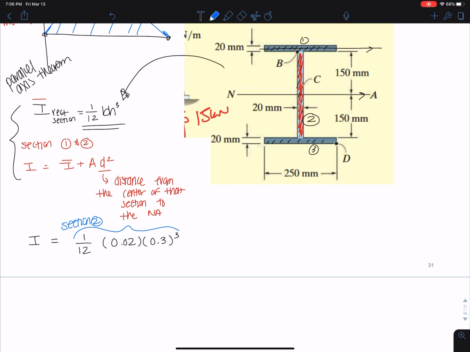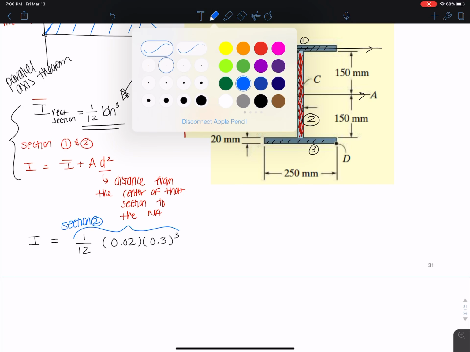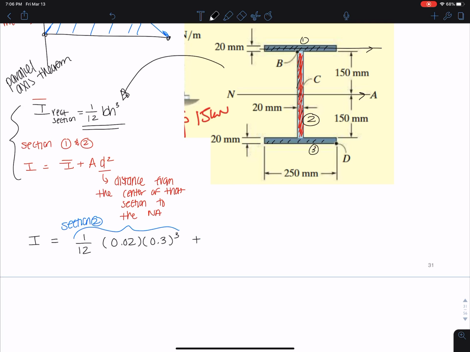Okay, that one's done. We're all good. It passes through the neutral axis, so no change. But now we need to add the moment of inertia of the other two shapes. So section 1 is going to be 1/12. I'm going to put it in big brackets, times B of that section, which is 0.25, this 250 millimeters,